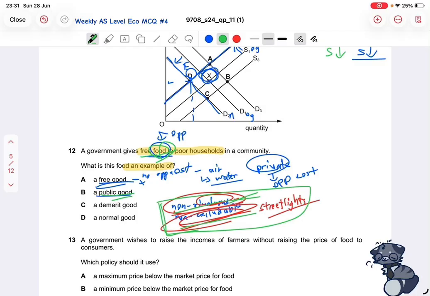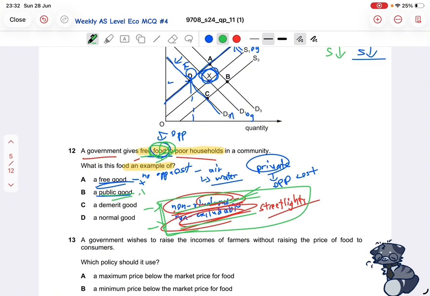However, if you want to argue, you can say that the government is only giving this free food to poor households. We're not very certain if it doesn't give it to other households who are not poor. So you can say that governments have excluded them like that. However, as it is already not non-rivalrous, since it definitely doesn't match up with this characteristic, and it's not non-excludable either, food is both rivalrous and excludable, arguably. So let's just cross that off because that'd be a more certain answer.